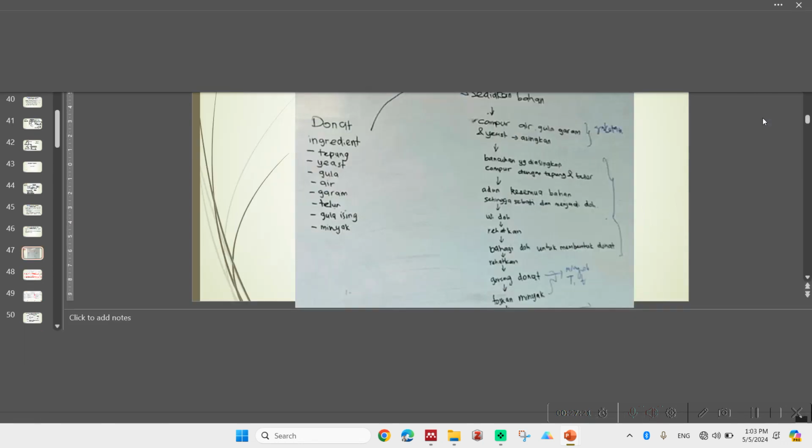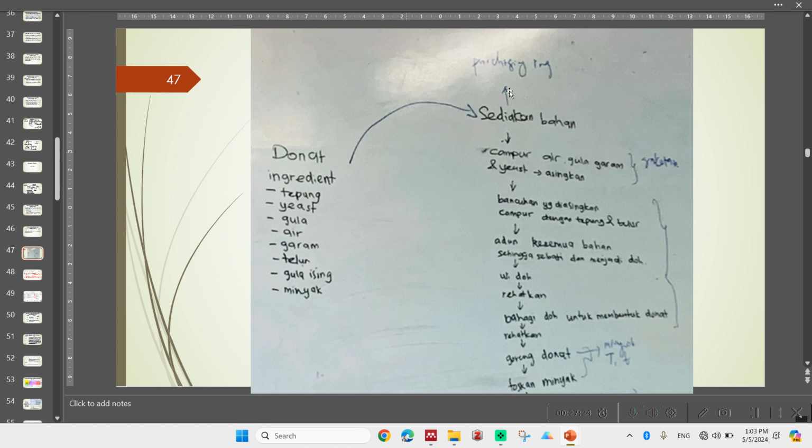For example, this product they want to prepare or produce is donut. So they prepare the ingredients here: flour, yeast, water, salt, eggs, oil, and so on and so forth. And then they prepare a flow diagram based on the procedure on how to make a donut. They start with purchasing all these ingredients, preparing the ingredients, mixing the water, salt, sugar, and then